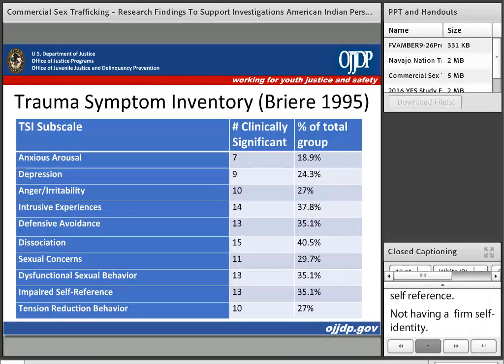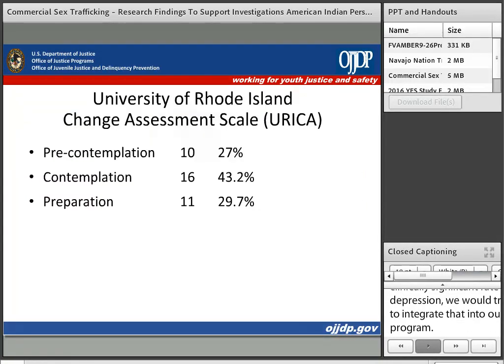So as we approach our work, we look at these variables, we look at the input from our total group, and we try to design our program to meet these needs. So if we're seeing high rates of depression in this group, we have almost a quarter who had a clinically significant rate of depression. We would try to integrate that into our program, but because our program is for a much larger group and may not have the same inputs, it's really hard to design and make sure we're meeting